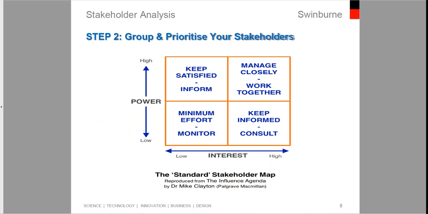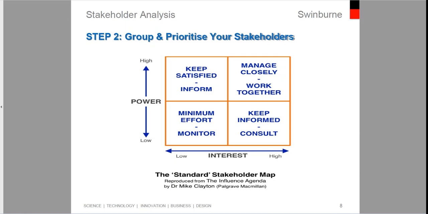And then the second step, once we identify these stakeholders, we need to group them and prioritize them, right? So step two is focusing on grouping and prioritization. What do you mean by this? This is a very crucial step, which involves identifying and categorizing the stakeholders using a stakeholder map. This particular slide